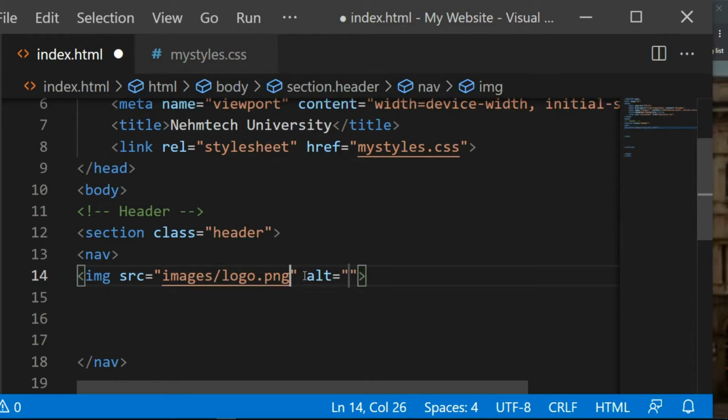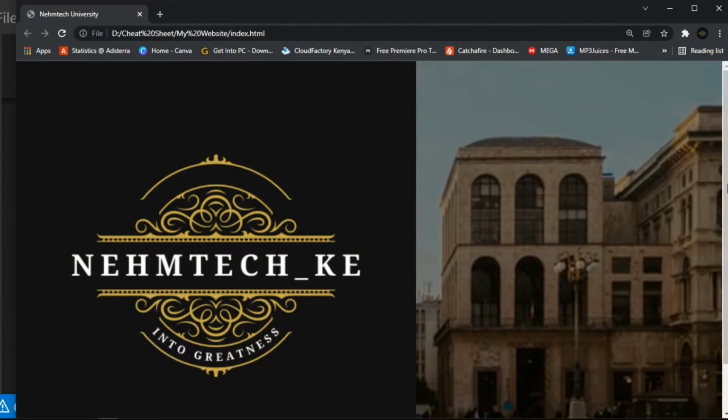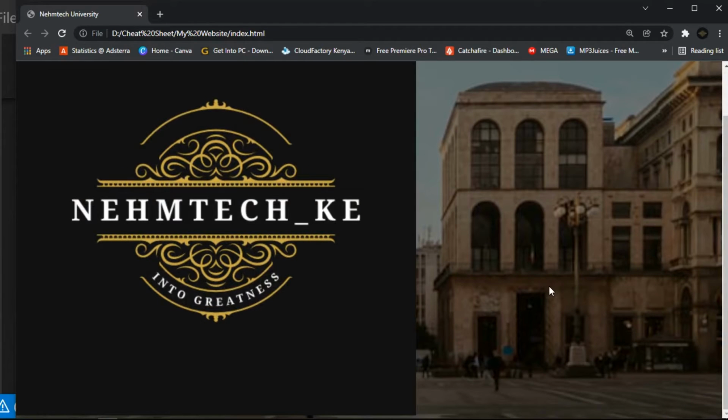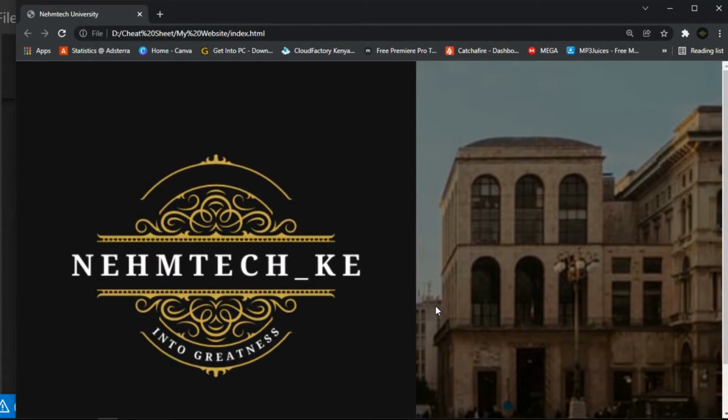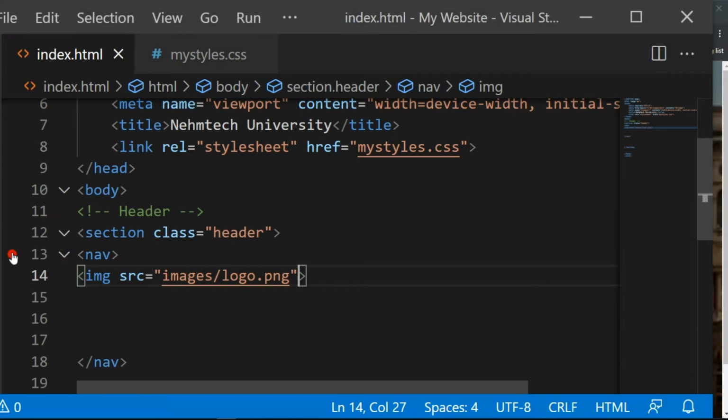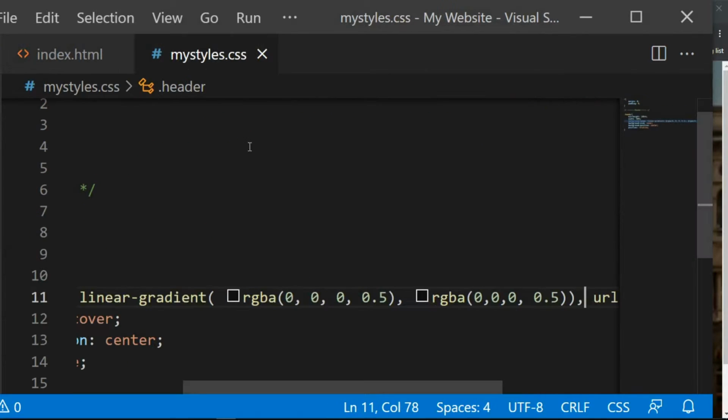But now let me just delete this alternative text here. Actually, it's not important there, because it will appear repeated. So click Ctrl+S to save, and then Ctrl+R to refresh. So guys, you can see I have my image there, but it's very big. I need to style it, right? I need to resize this image and make it a circle, so that it may be a good logo. So go to your CSS, and then